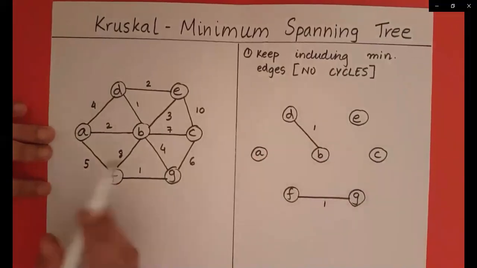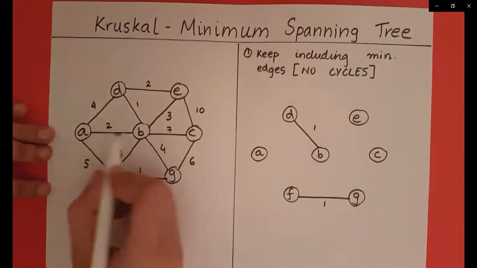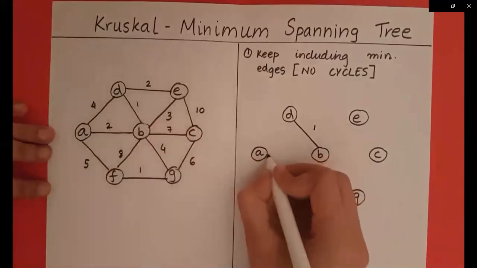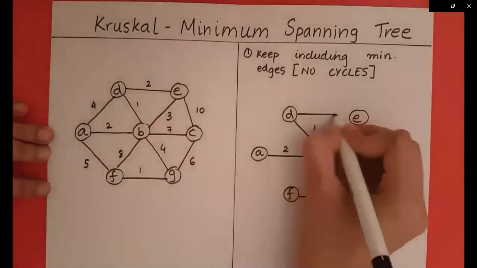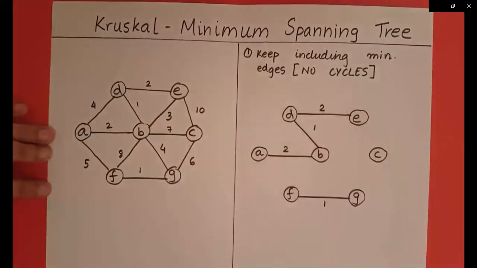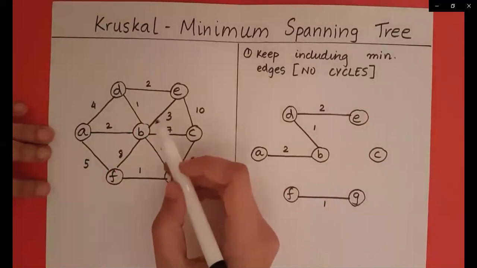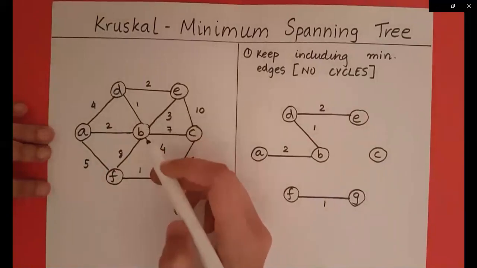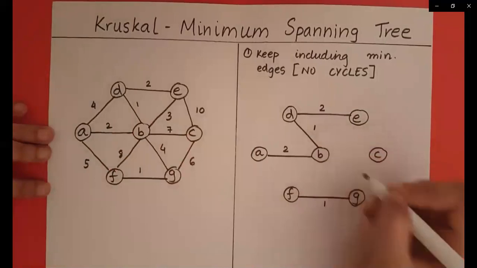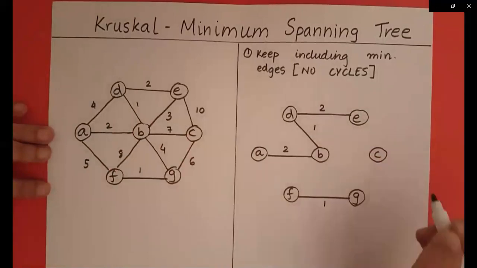So now you have two different trees. That is nothing but what is called a forest. Now there are again two edges with the value 2. Take those two. Okay, it is not forming a cycle, so obviously we can take it. Now what is the next value? 3. If you take 3, it forms a cycle, so we are discarding it. 3 cannot be taken, because it forms a cycle.